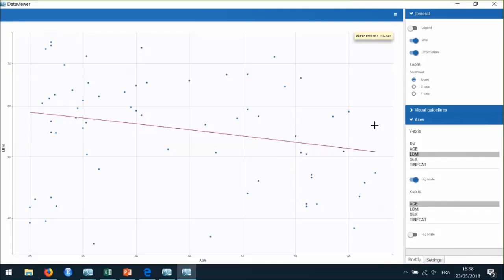So to summarize this data exploration, I have gained the following insights. First, a model with several compartments seems necessary to describe this data set. Second, LBM and age might have an effect on the pharmacokinetics, and LBM and age are negatively correlated, and males have higher LBM values than females. So I can then move on to the model building process while keeping in mind these properties that can guide the modeling process.